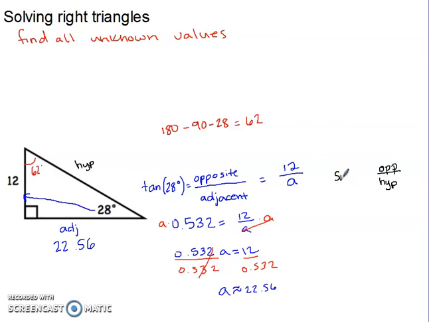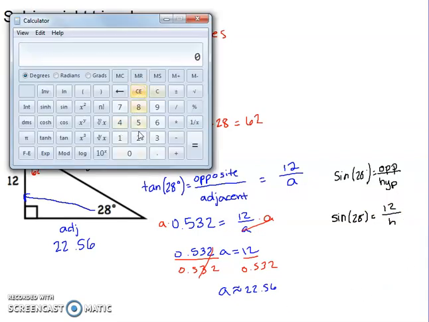So I'm going to use the sine of 28 degrees to determine the ratio between the opposite and the hypotenuse sides. So sine of 28 is going to be equal to the opposite side, which is 12, over the hypotenuse, which I'll go ahead and call h. I pull up my calculator and evaluate the sine of 28. So I hit 28, then I hit sine, and I find that that value is approximately